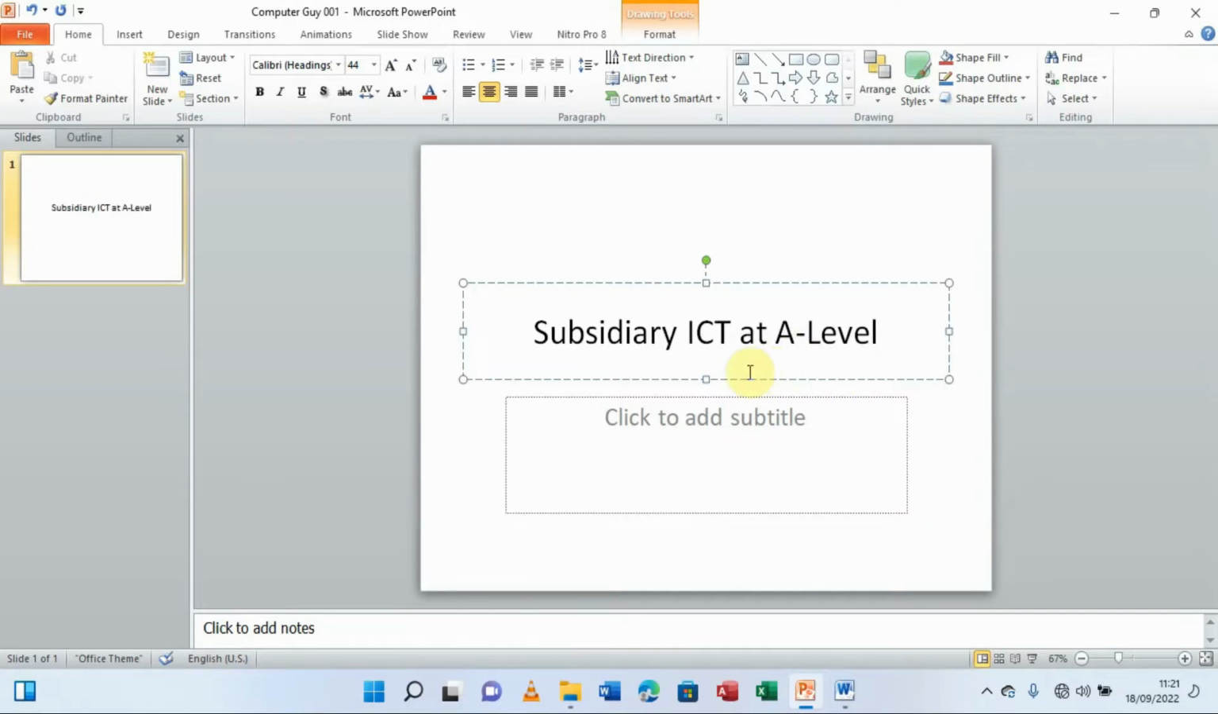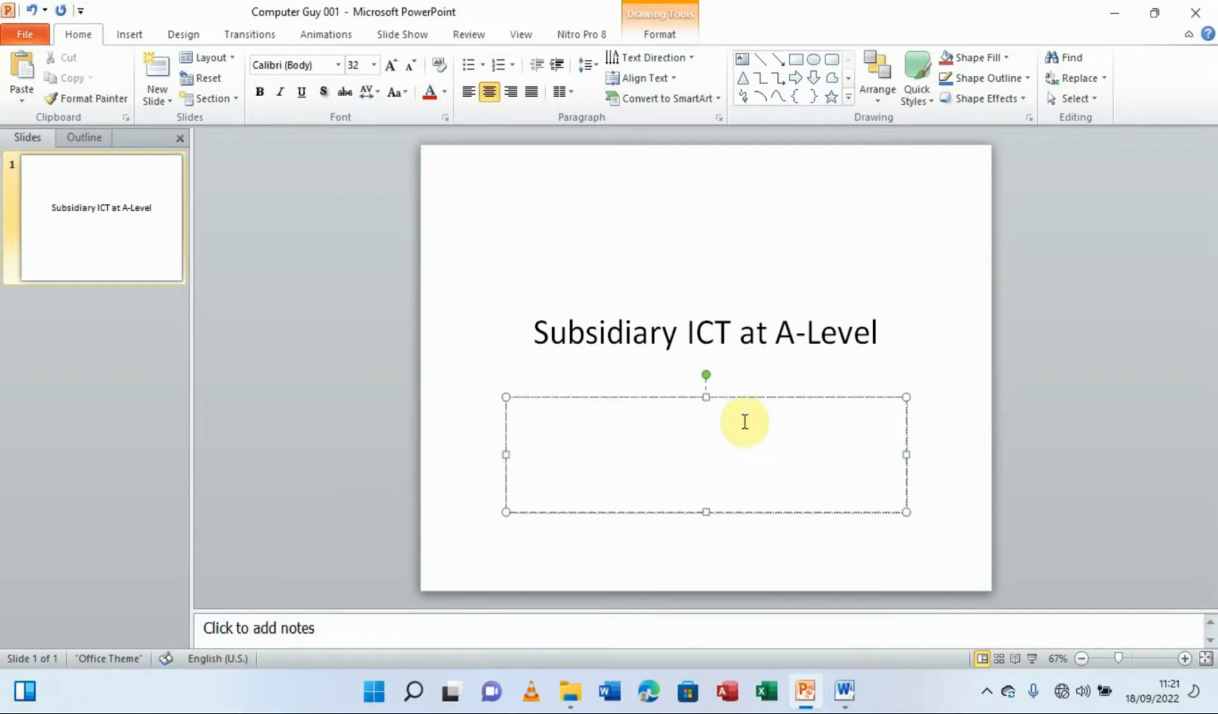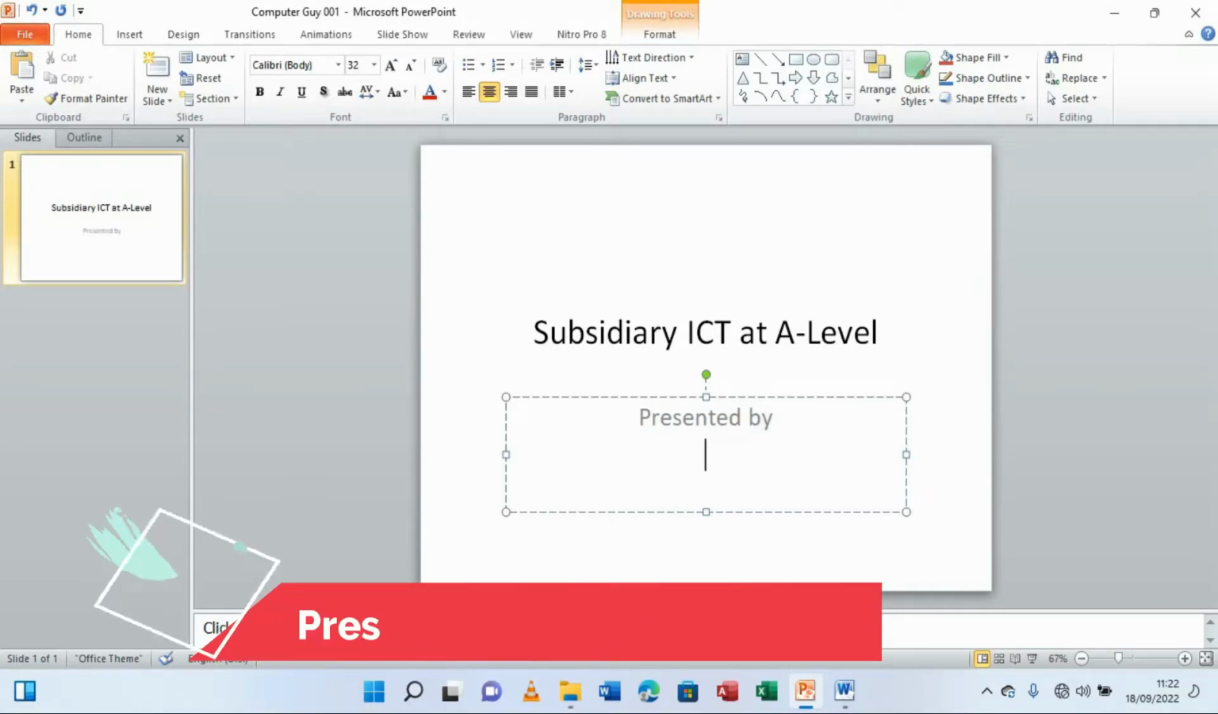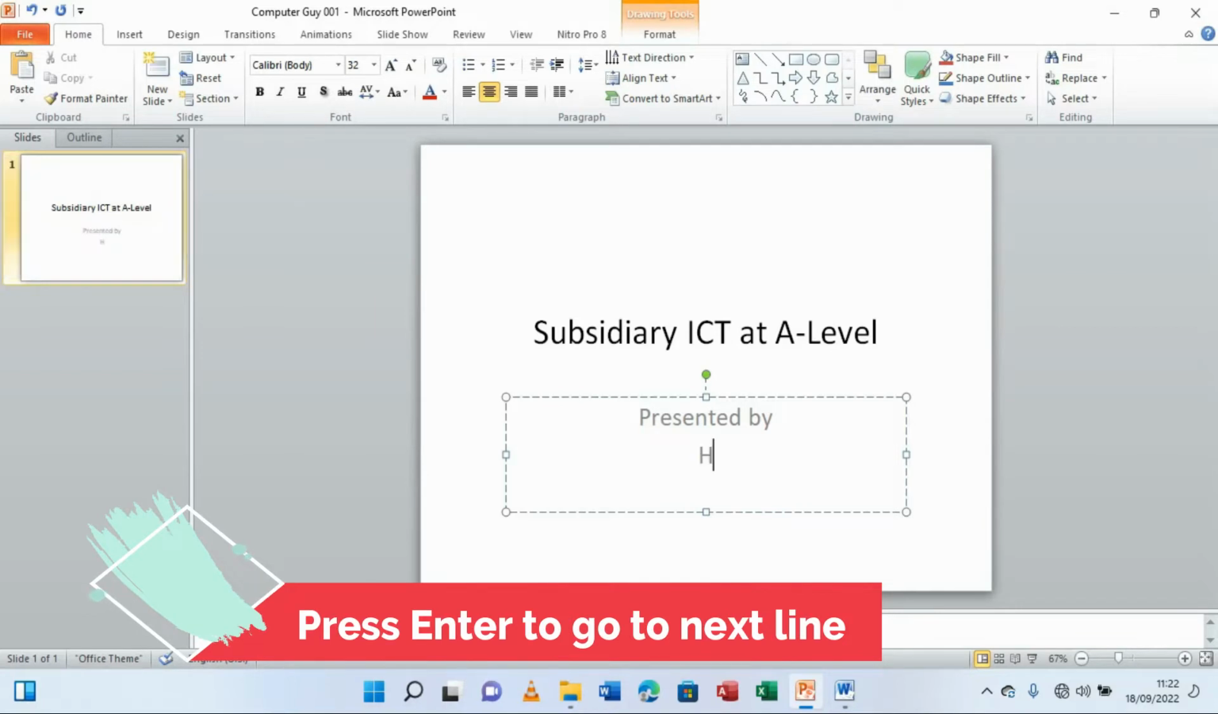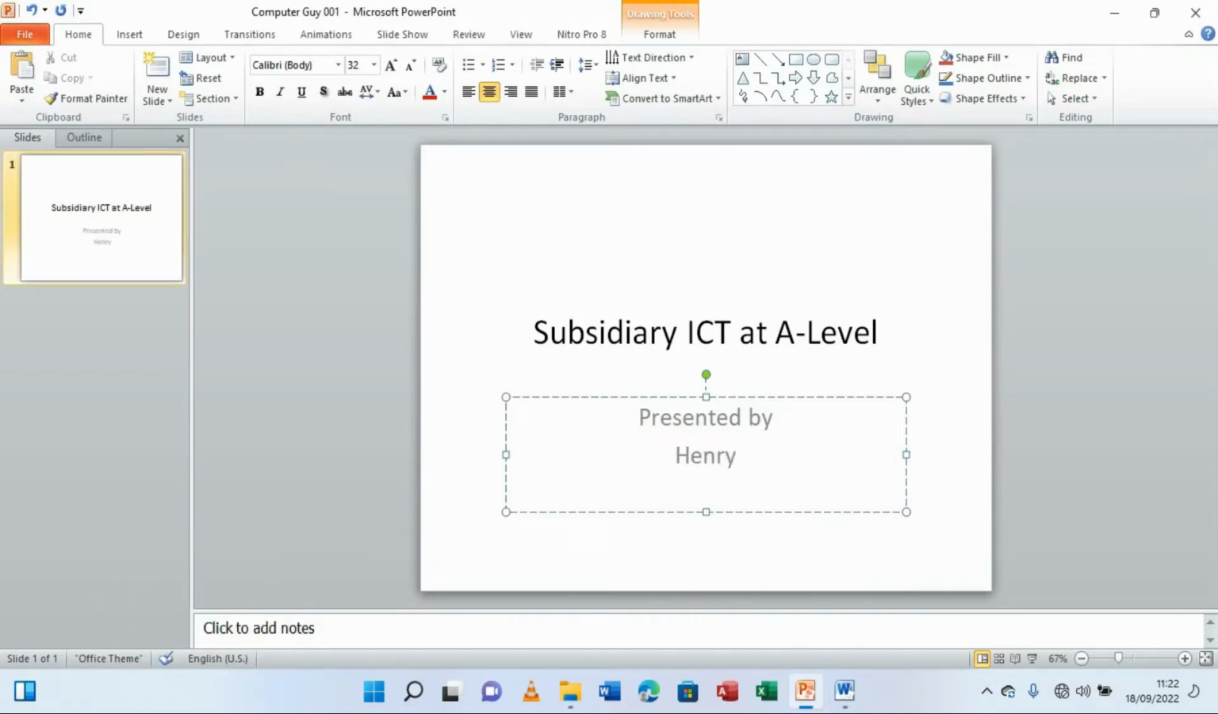Subsidiary ICT at A level. Then I can come and say presented by, let's say I go down by clicking enter, then Henry the computer guy. So this is what I'm having, but remember this, they told us that we have to